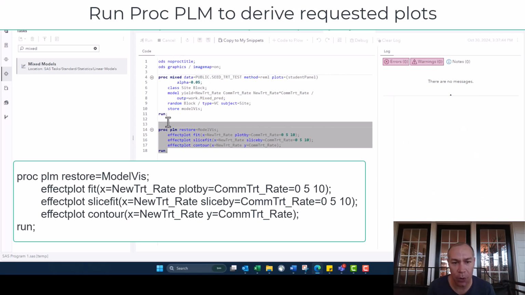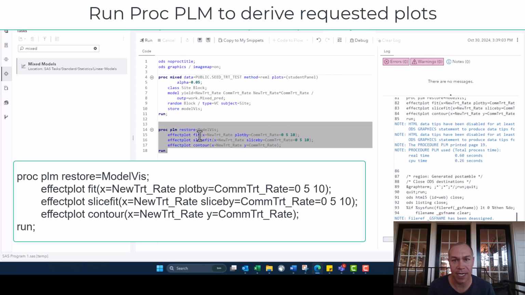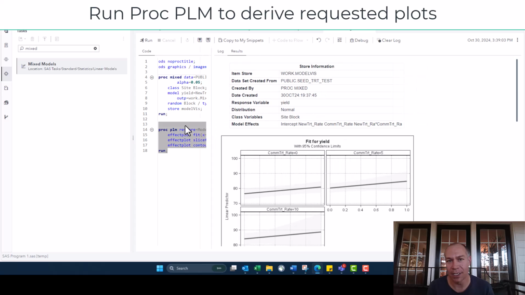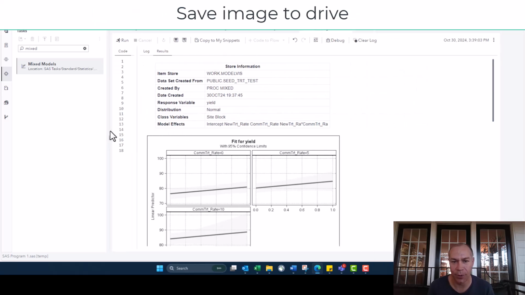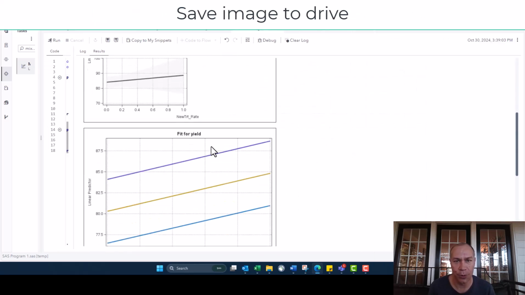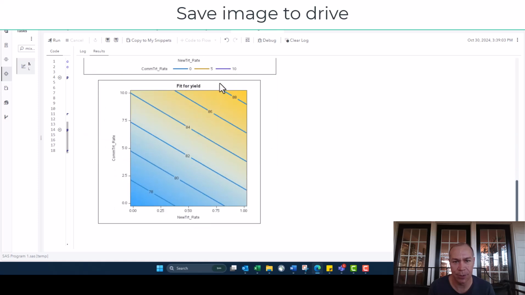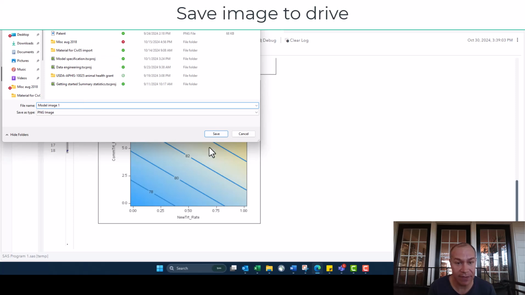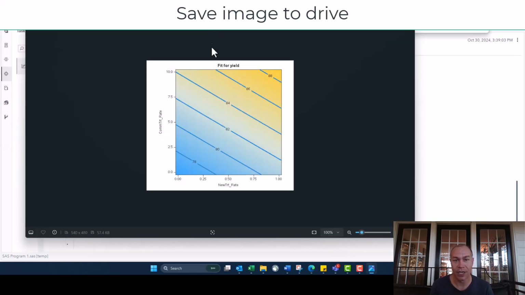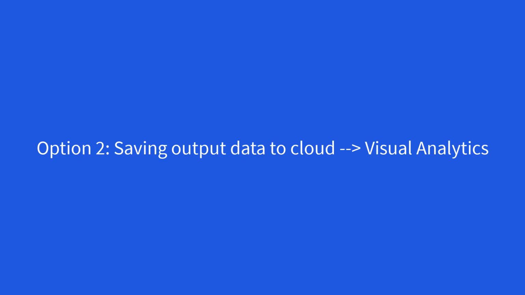Here's the particular code that I'm running: 3 different effect plots showing 2 different treatments at 3 different rates, and we can scroll through and see those and decide which one works better for us. Right-click on the image, you can copy the image, save it, it's a publication quality figure, and use it